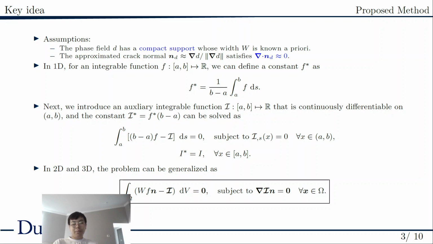It's just that it's easy to deal with a compactly supported phase field band, so that we don't need to play around with other parameters that we need to tune. The second assumption is that for this approach to work, we need the crack surface normal to be roughly divergence free, and I will explain that momentarily. So the basic idea is that suppose in 1D we have an integrable function, and then